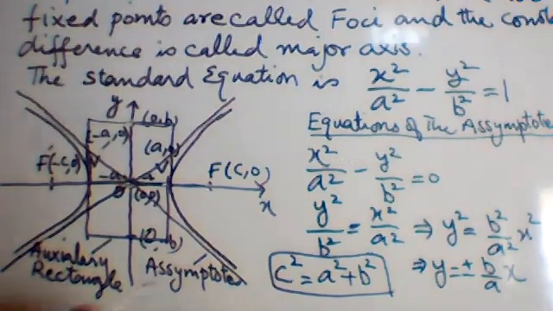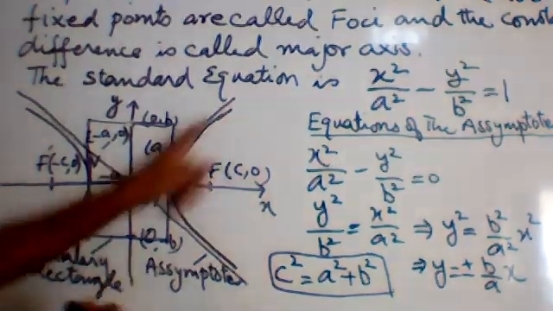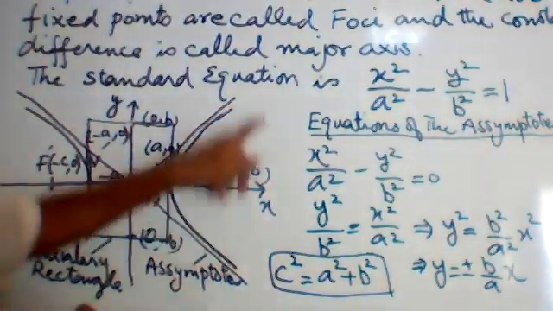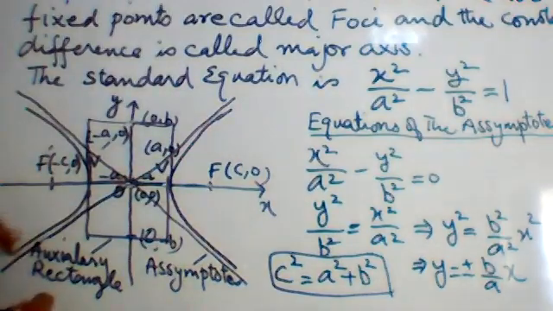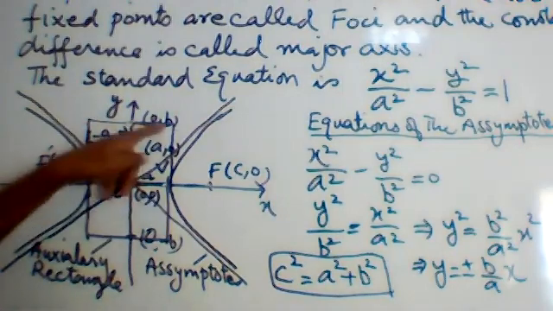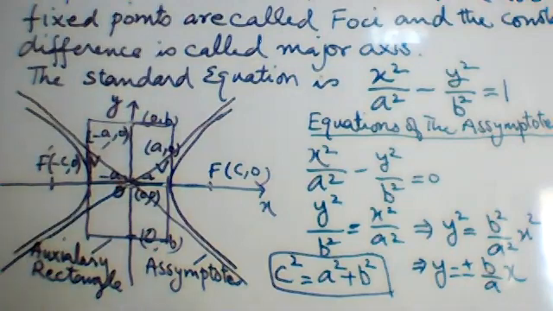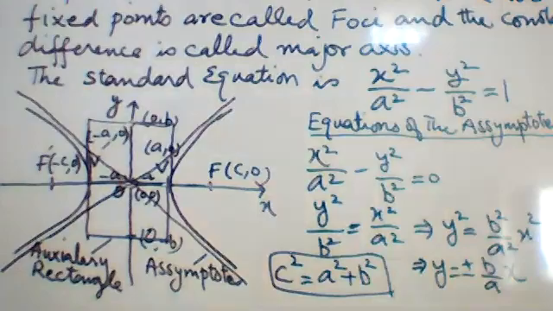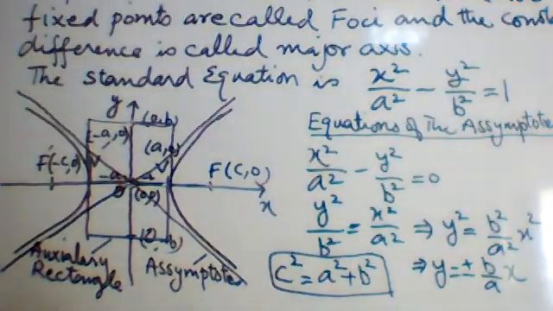Okay. Now you have understood the hyperbola. The hyperbola shape is this one. It is not necessary to draw the triangle or the asymptotes. You will draw the hyperbola only. If it is asked to draw the asymptotes as well, you will draw the asymptotes. If you are asked to draw the auxiliary rectangle, then you will draw the auxiliary rectangle. Otherwise, no need to draw the auxiliary rectangle or the asymptotes. We will draw only these two shapes.